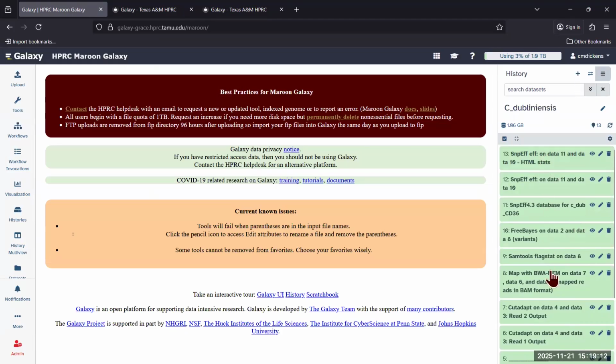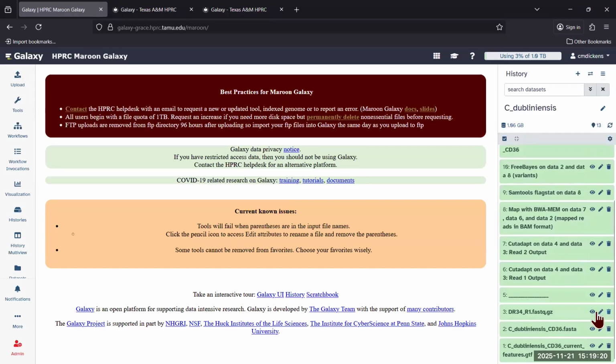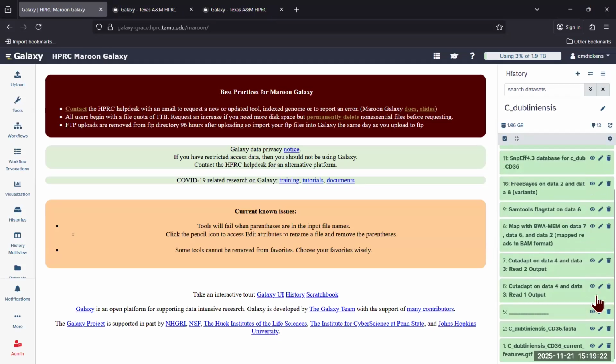If you want to view some of these output files before you delete them, that'd be fine. Even here, these are the ones we imported, we don't need them because we have the cut adapt files. Those are actually using our disk space because they're new files. The ones I just deleted were imported, so those aren't using up disk space. So we could actually delete them, and it's not going to change our disk usage, but just be aware